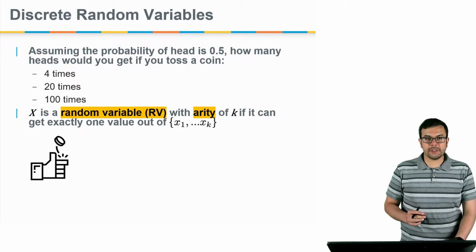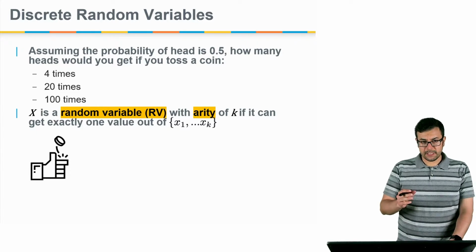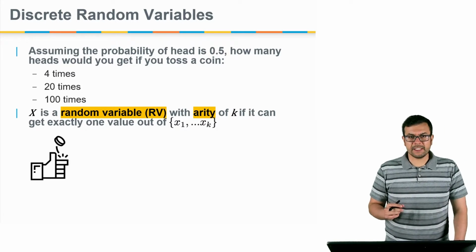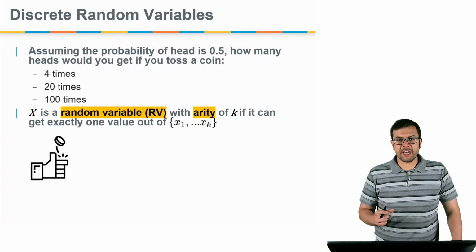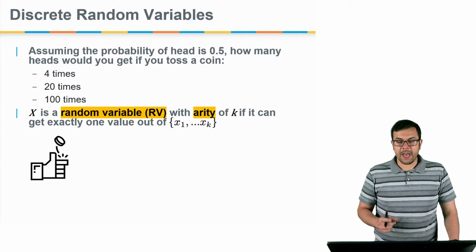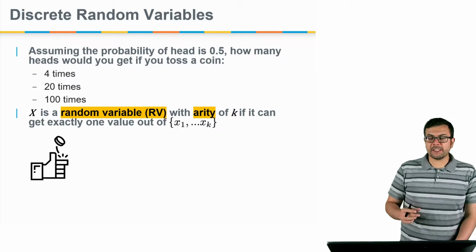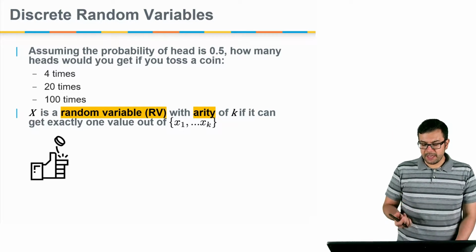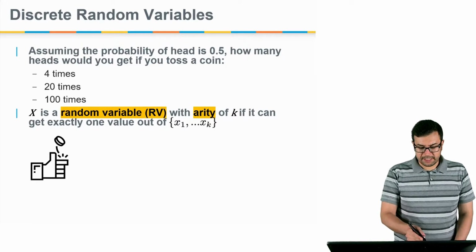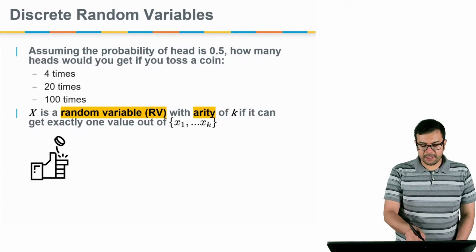Before we answer this question, let's take a look at this example. If x is a random variable with arity k, it can get exactly one value out of x1 to xk. Arity is the number of possible values that a variable can get in this situation. So for instance, if we assume that our event is x,